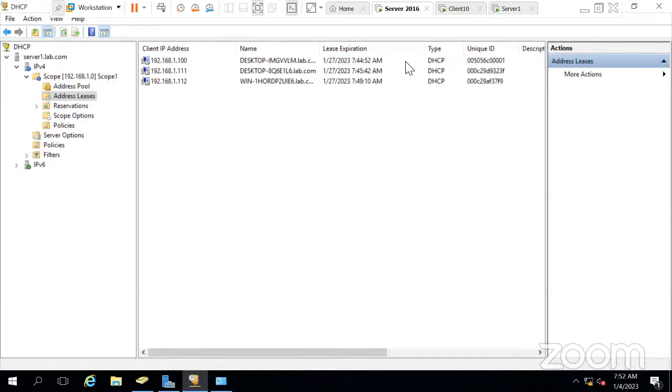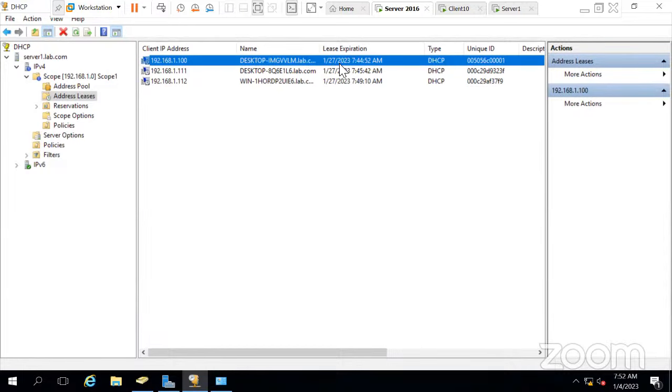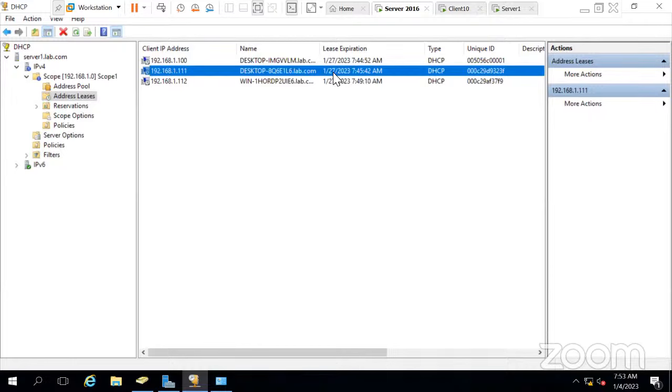And here, whosoever system is going to communicate with our DHCP, it will get the IP, and so on, right? Now for these, look, you can see the lease time 1/27/2023 7:44. After this time its lease will expire. Forget this one, let's look at 111. So after 1/27/2023 its lease time will expire. Meaning if this system is not going to communicate with my DHCP, then this IP will be freed up and it can be assigned to another client. But I want that this IP should remain same for this